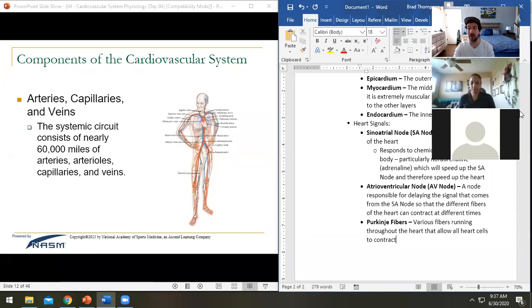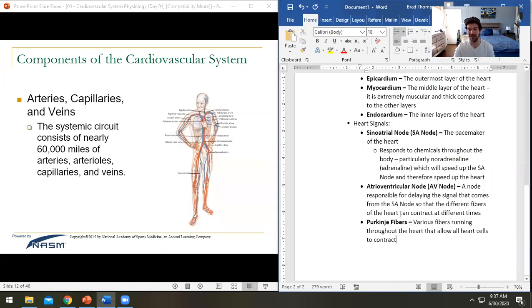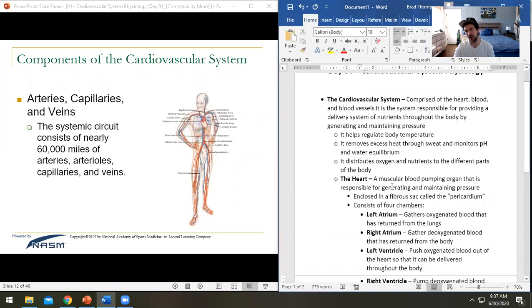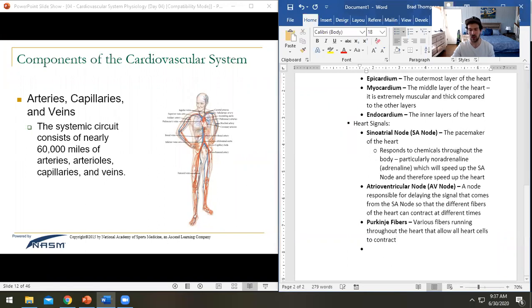Let's go ahead and look at blood vessels. So we got to go all the way back to the top of our notes. We were on the heart. Now we are on blood vessels. Okay, so blood vessels are a series. Actually, no. There's a really great definition, I remember this one is really good. It is the systematic circuit of